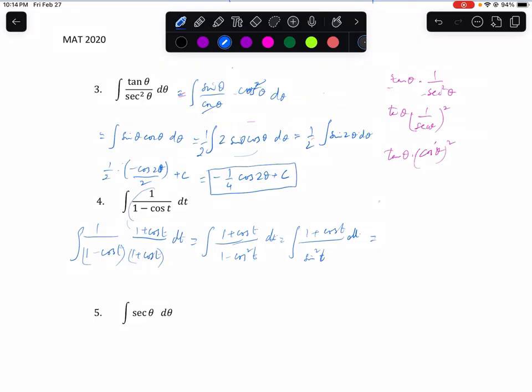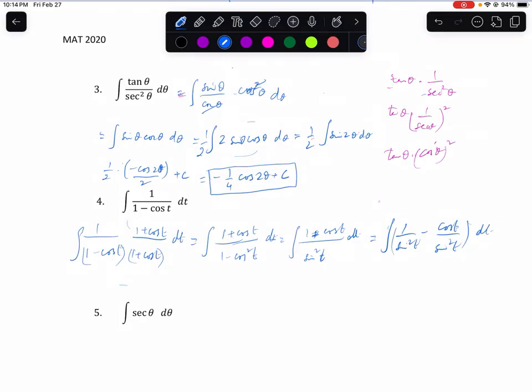Before, we couldn't write this as two fractions. I have discussed in class why we cannot do that. But with this quantity we can do that. So we split: 1 over sine square t minus cosine t over sine square t dt,